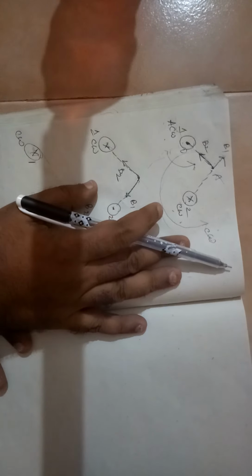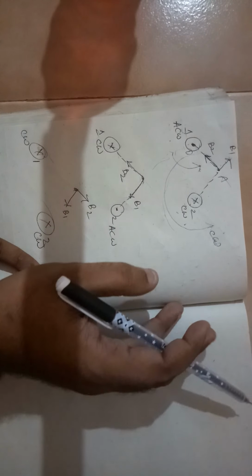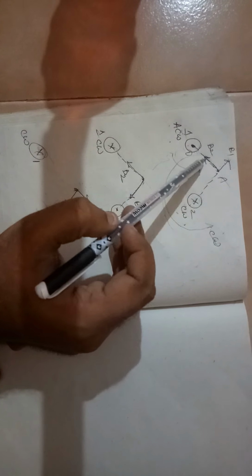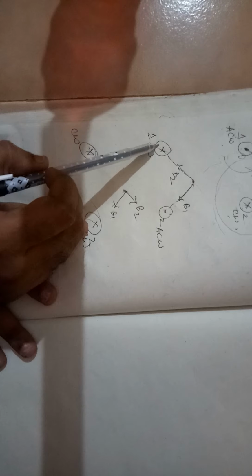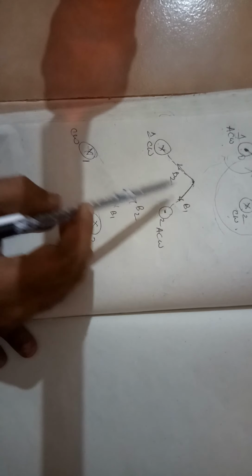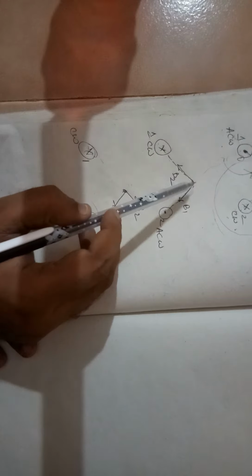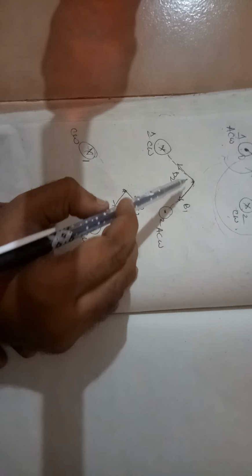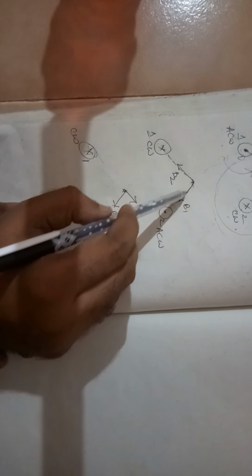So if this one example is understood, you can find for any directions. So what will be the net magnetic field direction? It will be the resultant of B1 and B2. Let us take another example. Cross and a dot. Cross means clockwise. So you have to take a point right here. About this point, it should behave like clockwise. So B1 is looking clockwise.